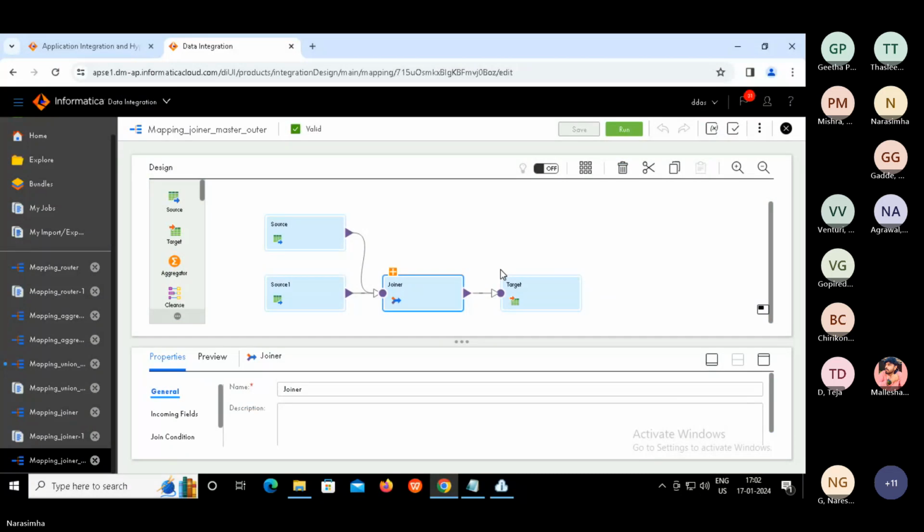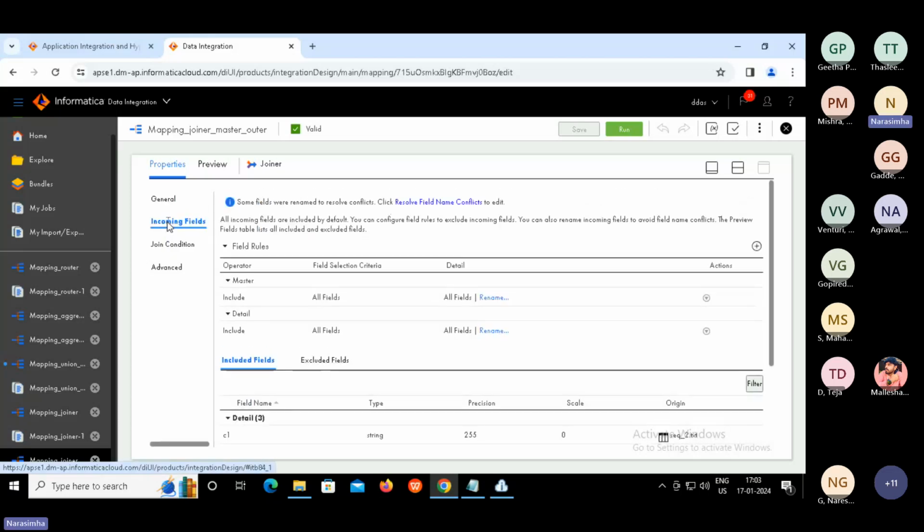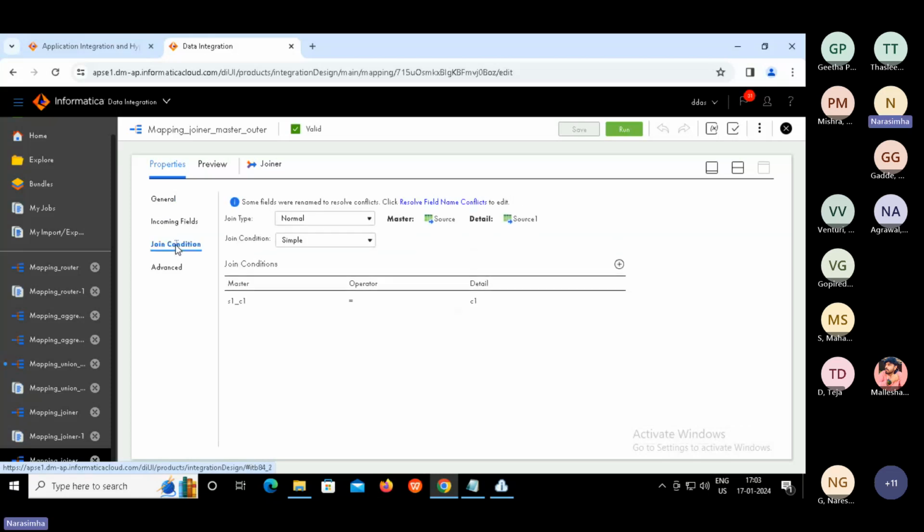Yes, it's clear. Okay, fine. Now select a joiner transformation, maximize it because we are going to change the join type only. Sources we don't configure because we made a copy. So incoming fields will be the same and the conflict we also resolved, so we should not touch that.